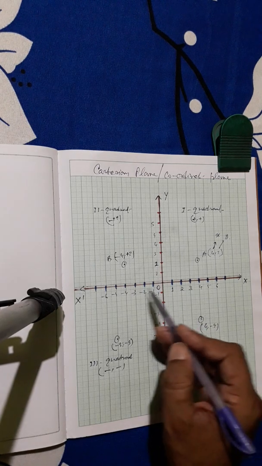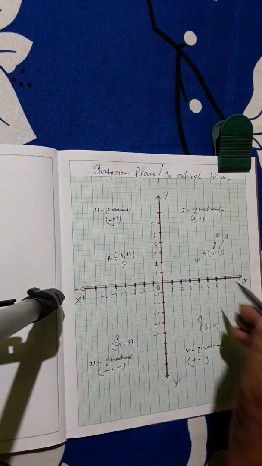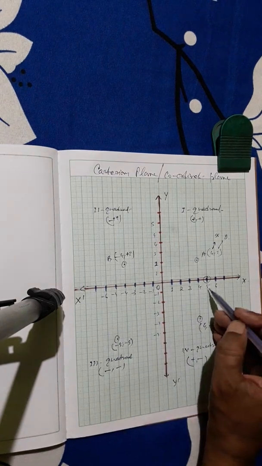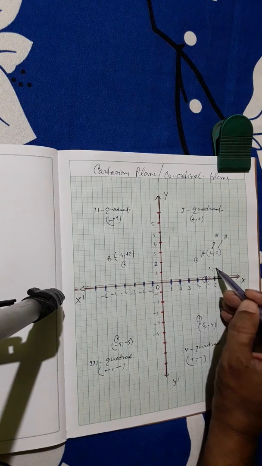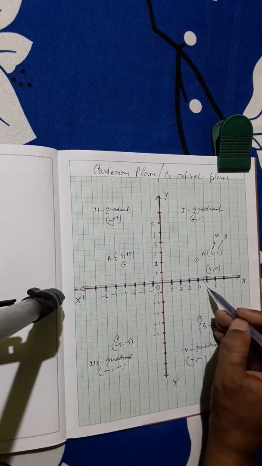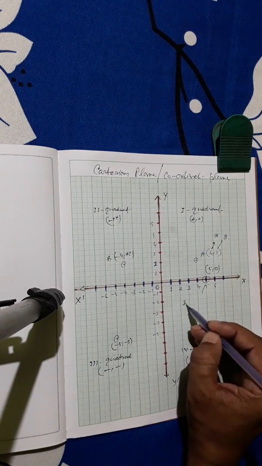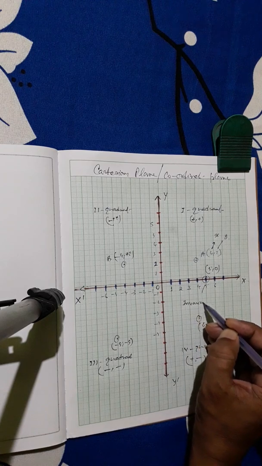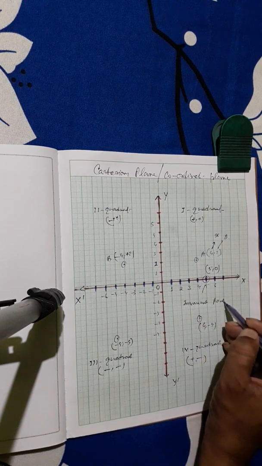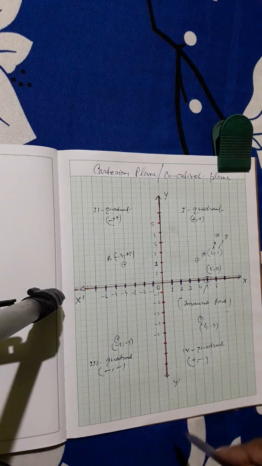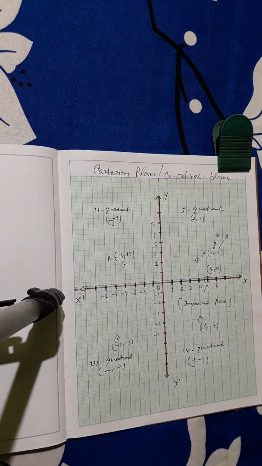If a point is on any one of the axes, then the points are said to be invariant point. Here the point you see is 5 0. So this point is called invariant point. Many such points are possible. Origin also is an invariant point. In your next class,